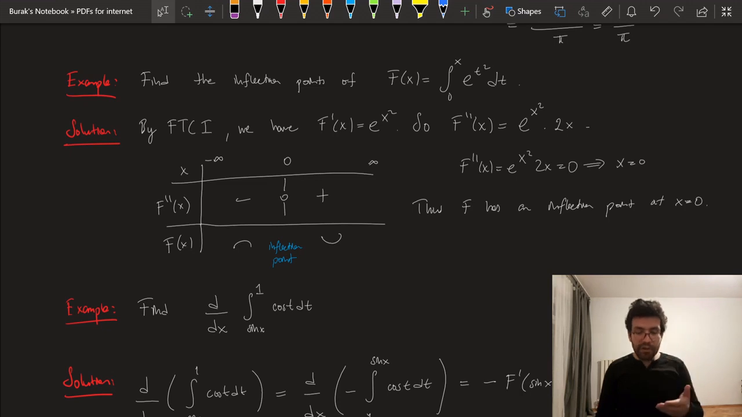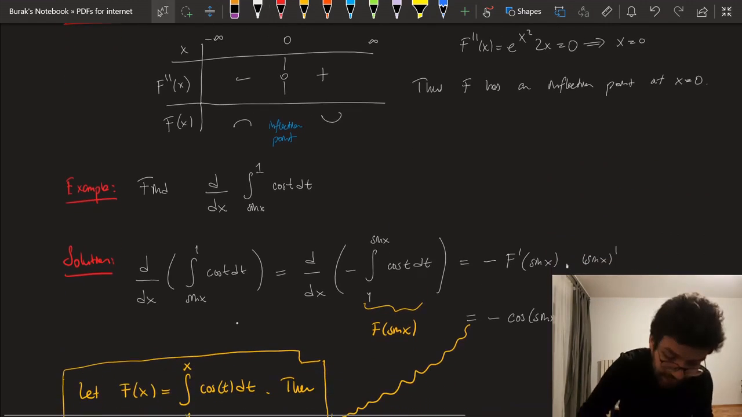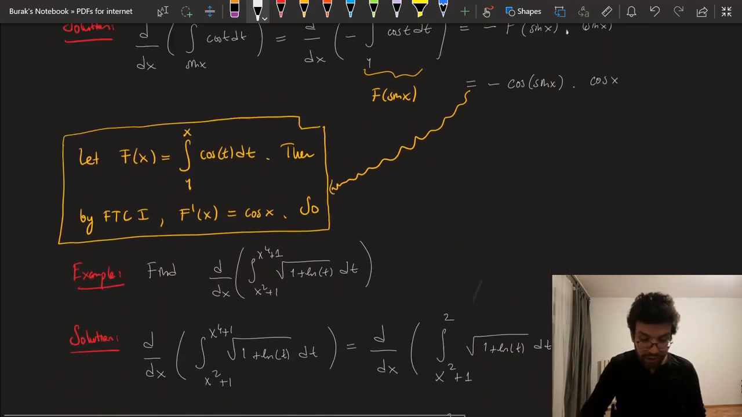In the other questions we needed to differentiate a function which is defined in terms of a definite integral. So in the first question we had this function f(x) equals the integral from 0 to x of e to the t squared dt, and we needed to find the inflection points of this, for which we needed to compute the second derivative. And for the other two questions,